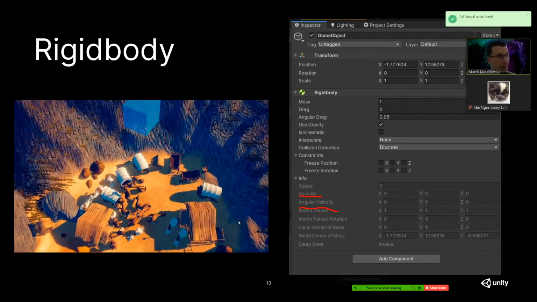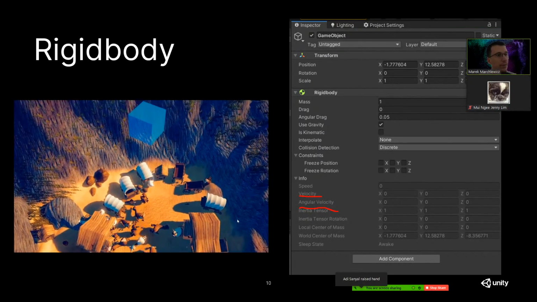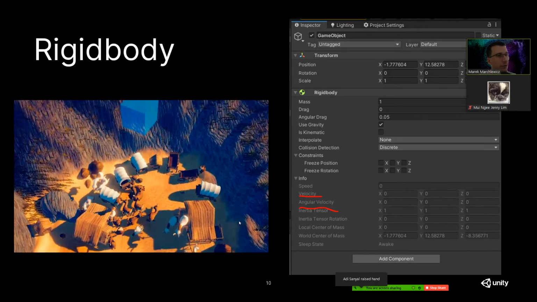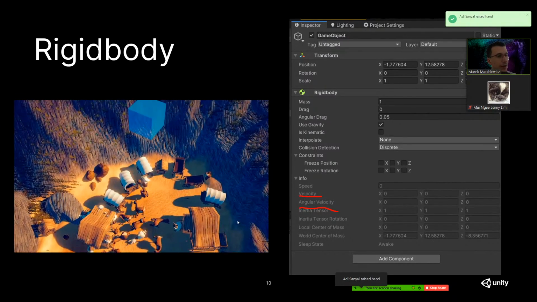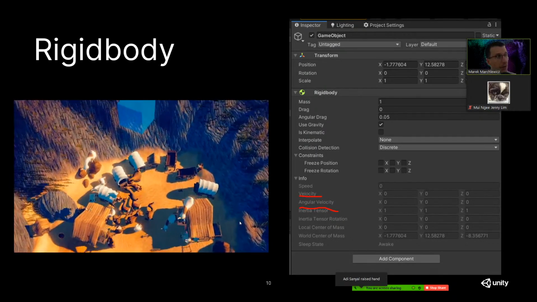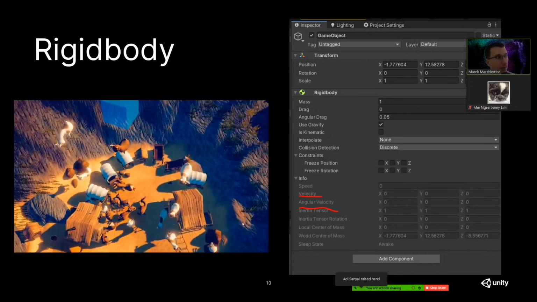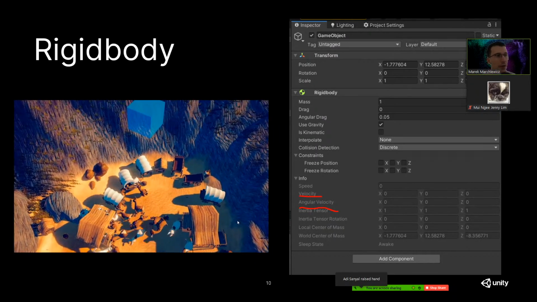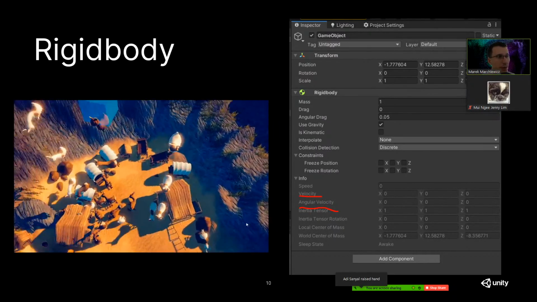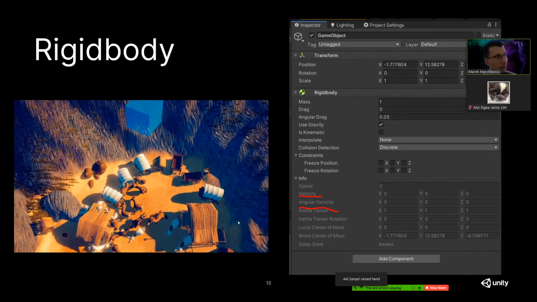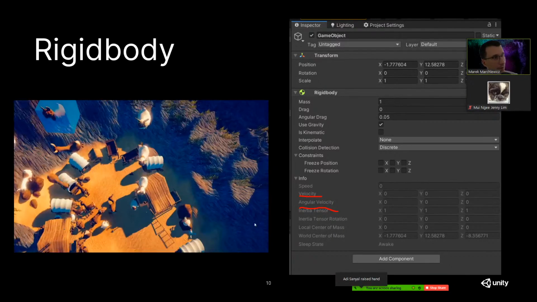The important thing here is that on top of the position, rotation, and scale, a rigid body adds velocity and angular velocity. And these are two properties that will allow our objects to move around and react to the physical world. And later we're going to discover what mass, drag, angular drag, and all these different parameters mean and how